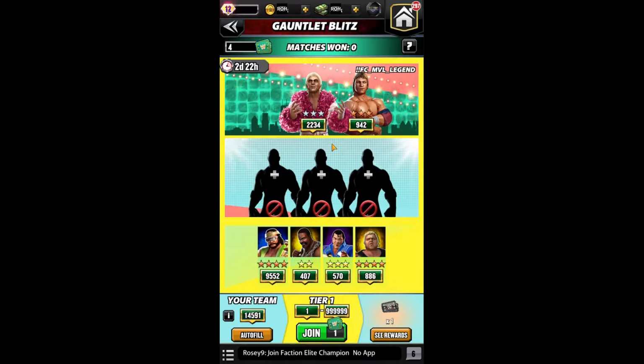So I did want to mention, after playing 4 of these blitzes so far, it looks like Scopely is calculating the difficulty based on the average strength of the team, right? So I've got 6 wrestlers in, total team strength 14,591. That has produced the weakest opponent by far. So if you're trying to make this thing easy on yourself, I would say take your strongest Legend Era wrestler,